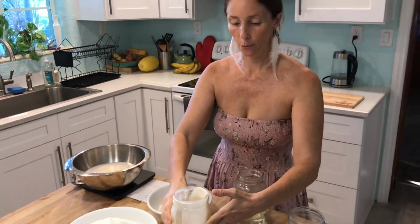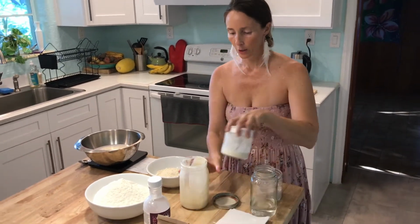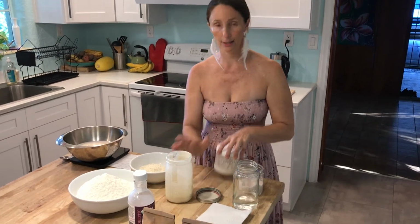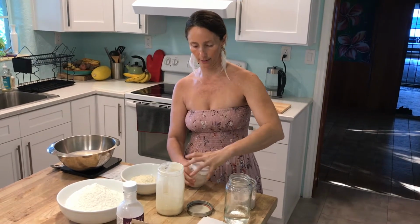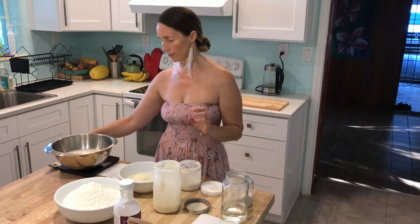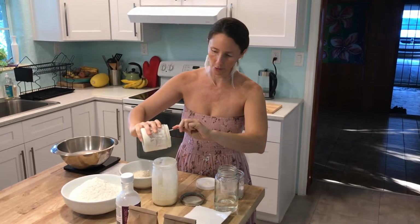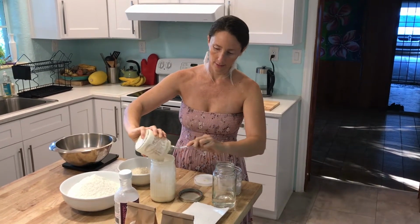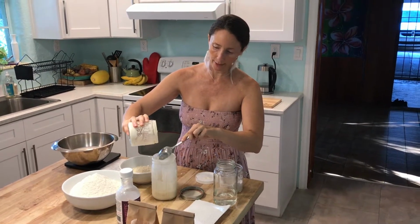Now with your starter, let's just talk about this for a moment before we move on. You have a little bit of starter left, and you have the starter that you put in the refrigerator that we took out yesterday, okay? It was the starter discard. Bring that out, and instead of throwing it in the garbage like most recipes call for, or making crackers or something, you're gonna put it back into the starter that you just left overnight. That's there because it really is just another starter. So you can add to it